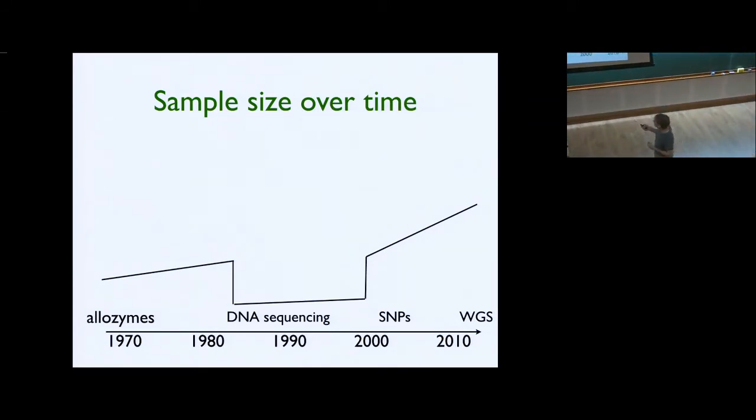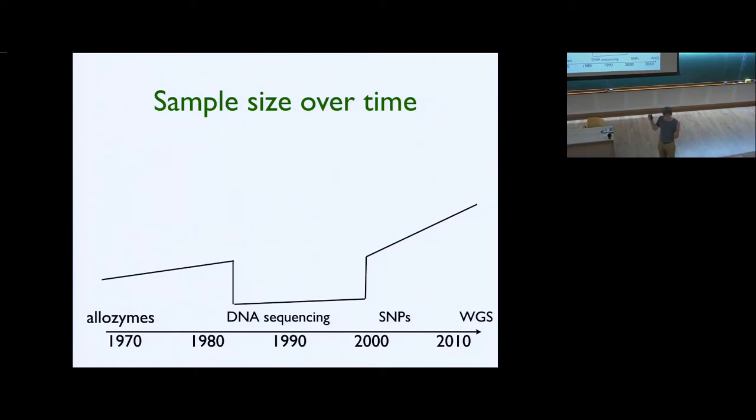Then in 1983, Marty Kreitman published the first sequencing paper, right? You know, sequencing the Adh gene. And at that point, you couldn't get anything published unless you sequenced DNA, right? But sequencing was really hard and really expensive. I mean, his first paper had like 11 alleles, right? So then